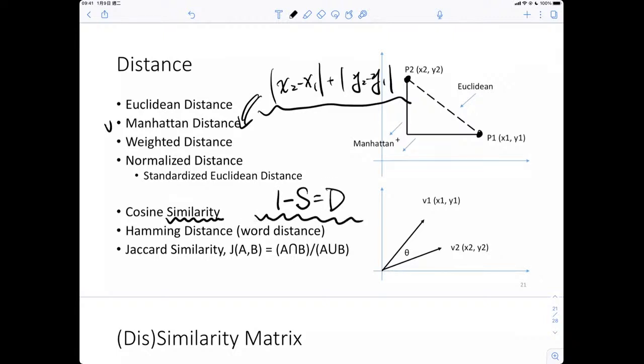Sometimes we say this. If you have a function called similarity function, or if you have a distance function, and this function will output the distance and output the similarity between two data points, and the value is between 0 to 1. Okay? If both these similarity functions and the distance function output the similarity value and the distance value, okay, are all between 0 and 1, and usually, okay, we think this equation